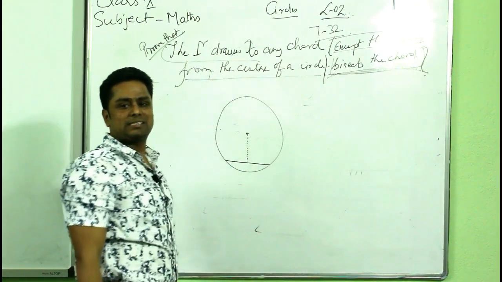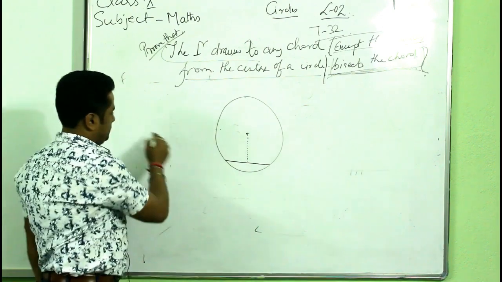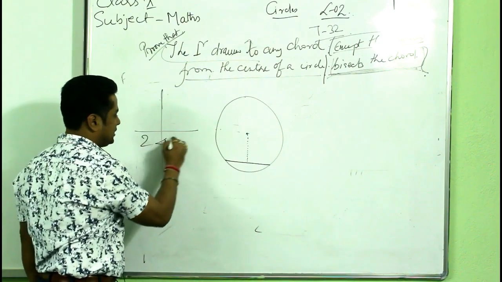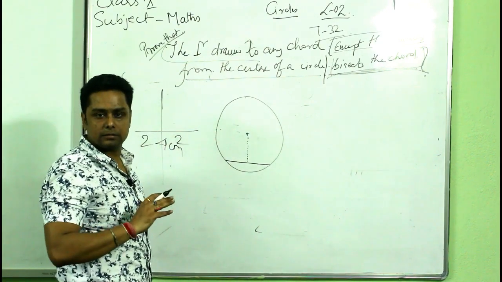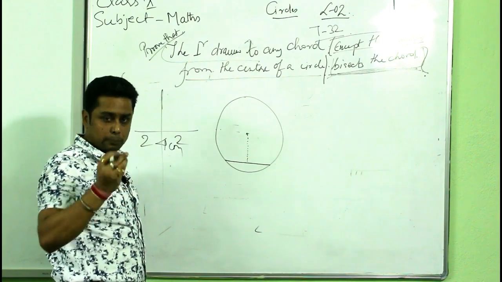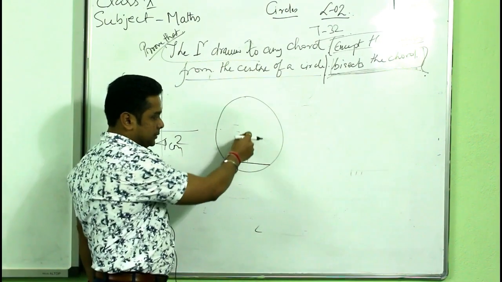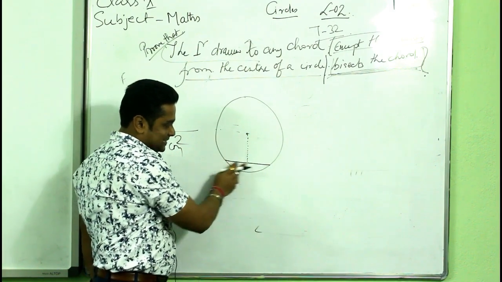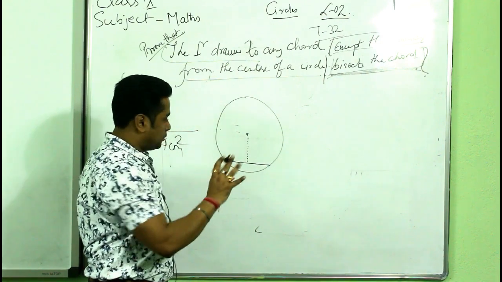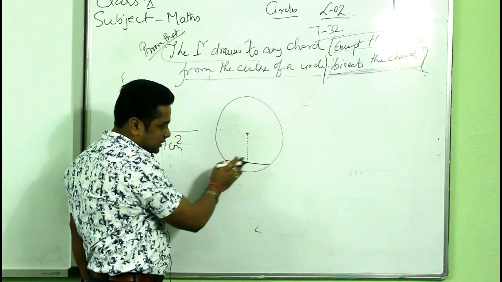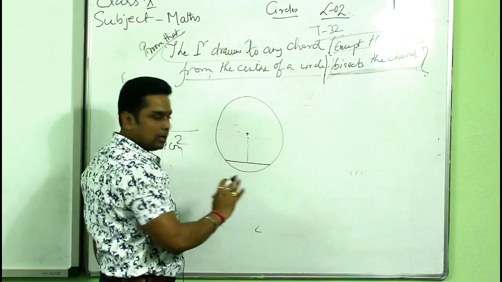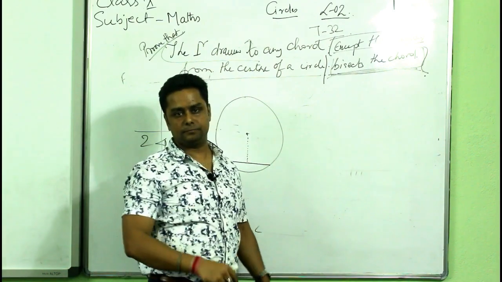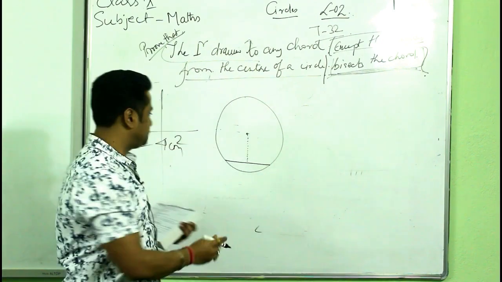Now you will say, what is bisecting? If this is 4 centimeter and I bisect it, it means 2 centimeter, 2 centimeter, halving it. For few people I am talking in Hindi now. This perpendicular will basically bisect this chord. When it is dropped, it will halve this chord. If the chord is 8 centimeter, it will divide the chord into 2 pieces. Okay? Now let's come to the proof.